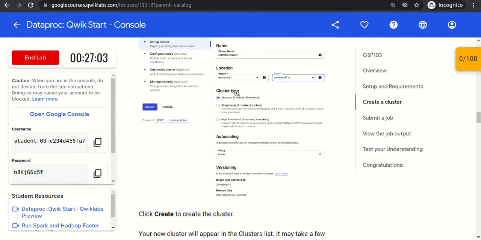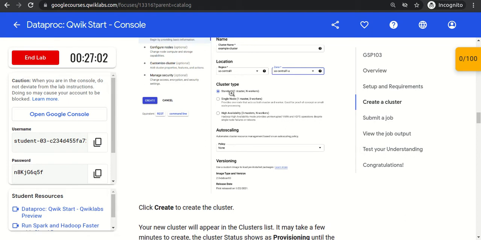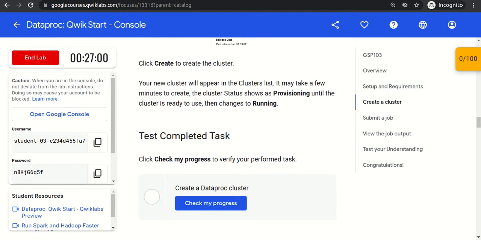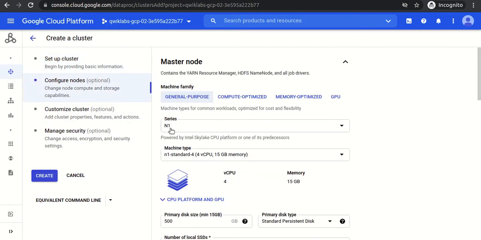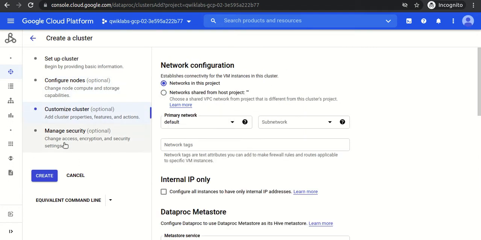And any other values? No, the rest of the values we can keep the same. Otherwise if we want to change, we can change the virtual machine's CPU series, for example 4 CPUs, 15 GB RAM, and so many other things.